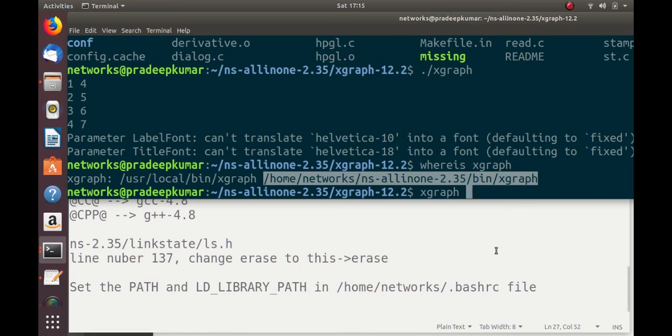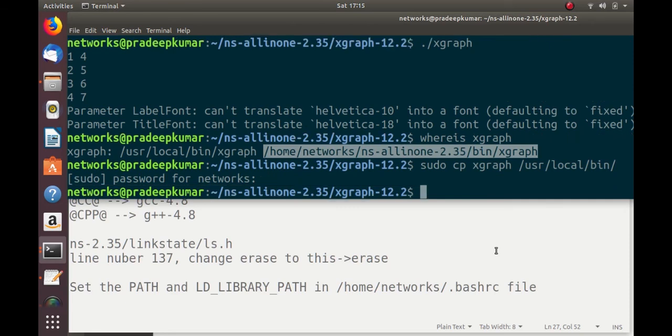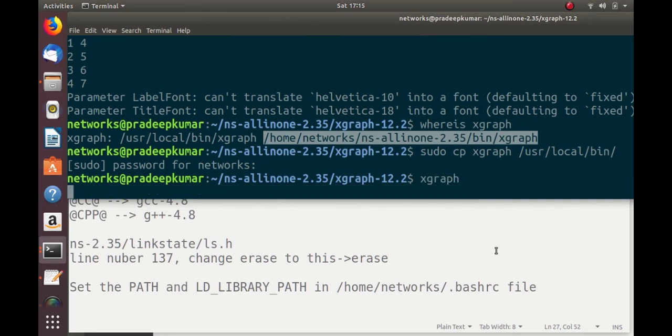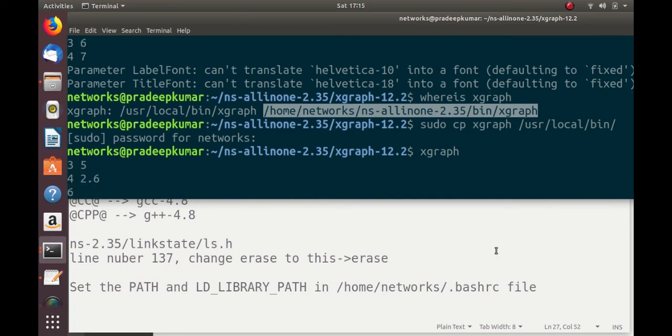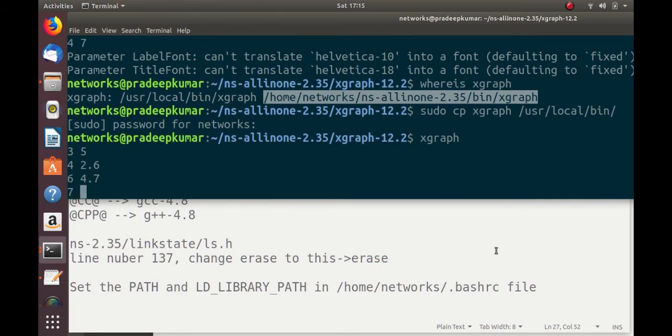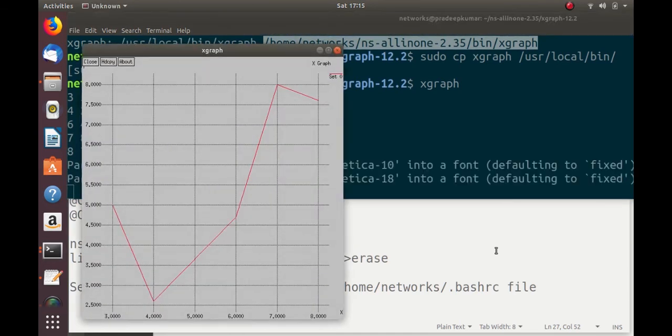From this folder, sudo cp, that is copy, xgraph to /usr/local/bin, and it asks for the password. After it is done, now when you type xgraph, yeah, now we can see the graph.